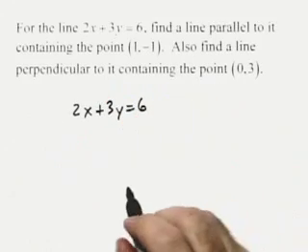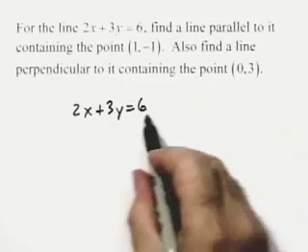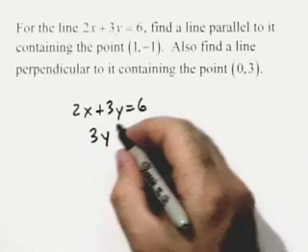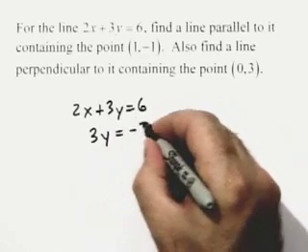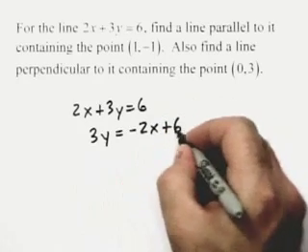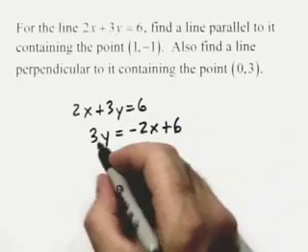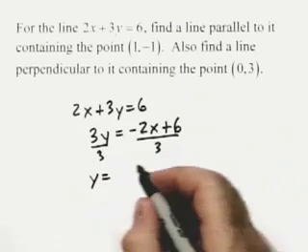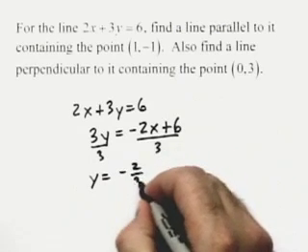What we're going to do first is start with our given line, 2x plus 3y equals 6, and put it in our slope-intercept form. So we're basically solving for y here. We'll start by subtracting 2x from both sides. So 3y equals negative 2x plus 6. And we'll divide both sides by 3. And so we have y is equal to negative 2/3 x